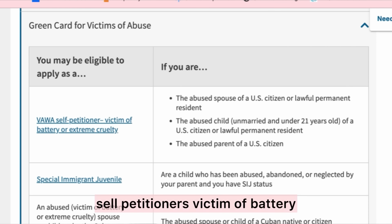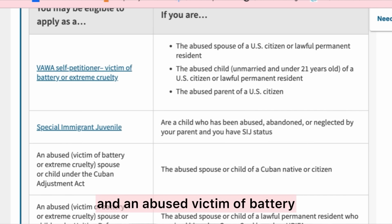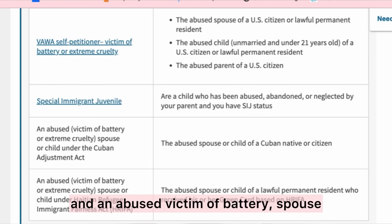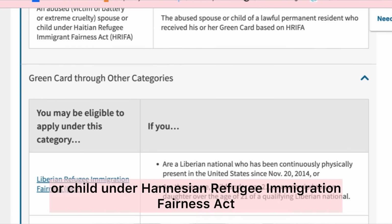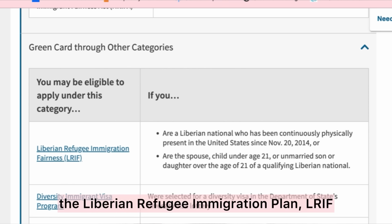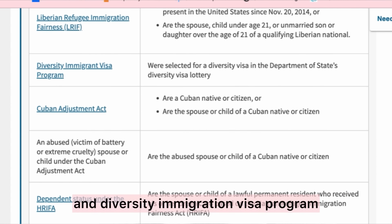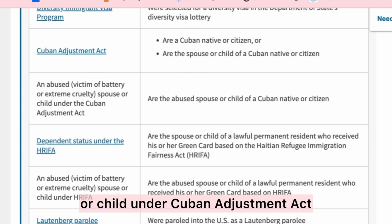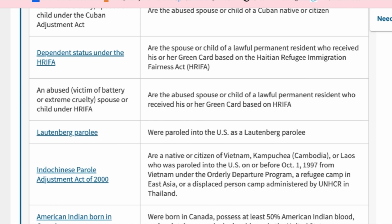VAWA petitioners, victim of battery or extreme cruelty, special immigrant juvenile, and an abuse victim of battery or extreme cruelty, spouse or child under Cuban Adjustment, and an abused spouse or child under the Haitian Refugee Immigration Fairness Act. Next, another category is from the Liberian Refugee Immigration Fairness, LRIF, and the Diversity Immigration Visa Program, the Cuban Adjustment Act, an abused spouse or child under the Cuban Adjustment Act, dependent status under the HRIFA, also